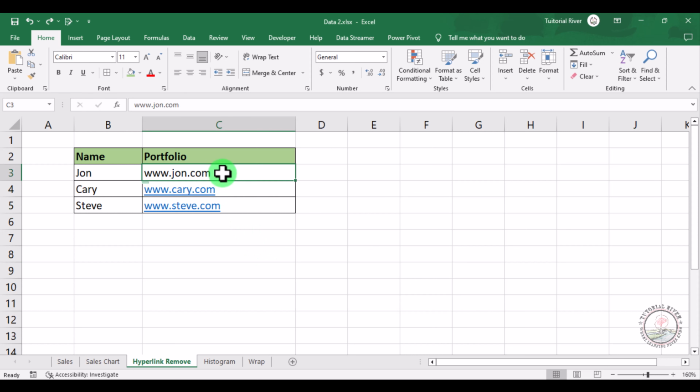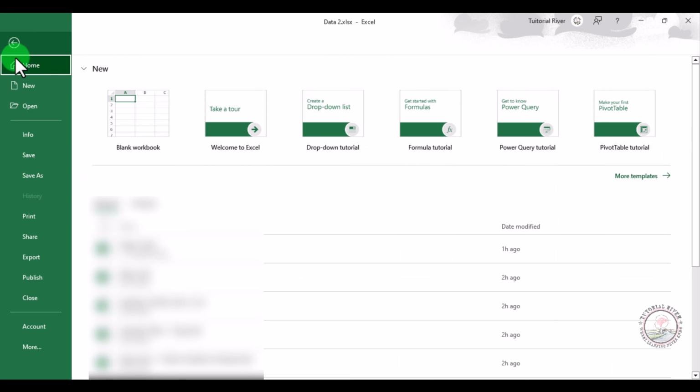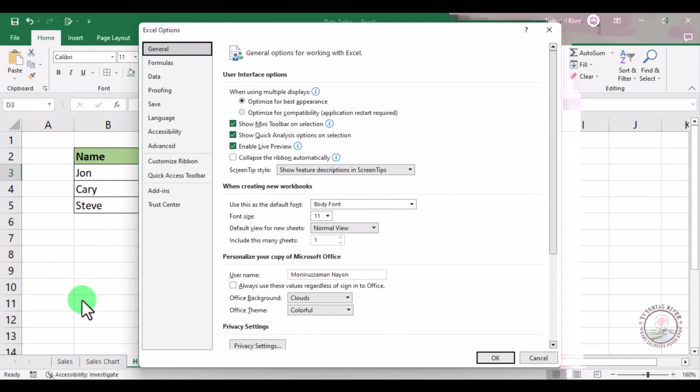If you look closely, if we enter any text there and press Enter on our keyboard, it will automatically be considered a hyperlink. If we don't want it to be automatically considered a hyperlink, for this we just need to go to the File option, then you will see More option, then go to Options,